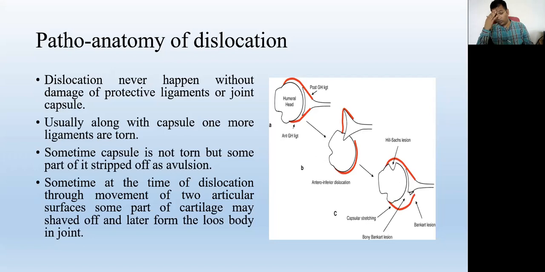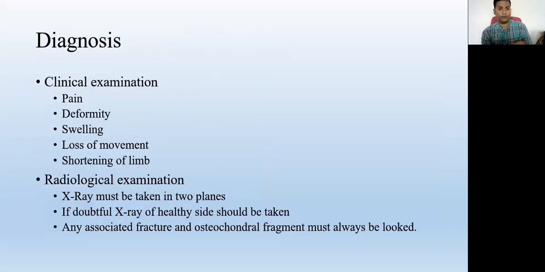Sometimes, especially in the knee joint, loose bodies occur, and then sometimes they come in between the two articular surfaces, which causes difficulty in bending and some kind of foreign body sensation in that particular joint. So this is also part of the pathoanatomy, the phenomena going on in the dislocation or the subluxations.